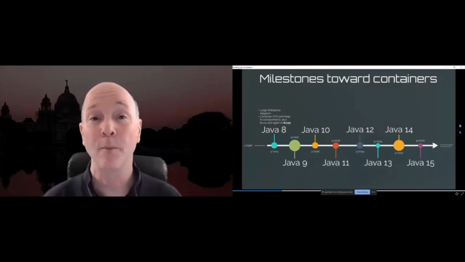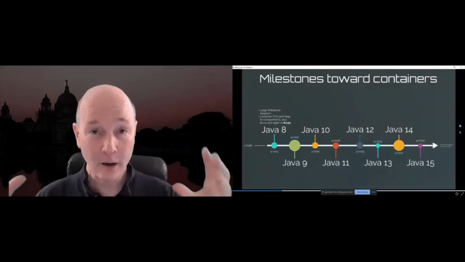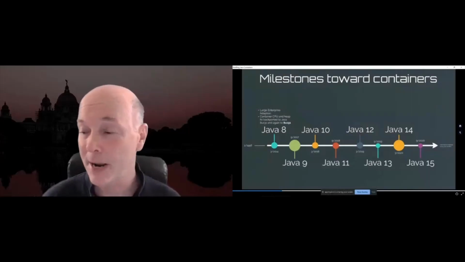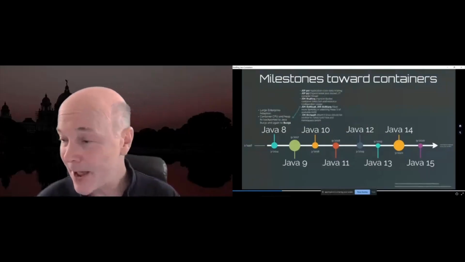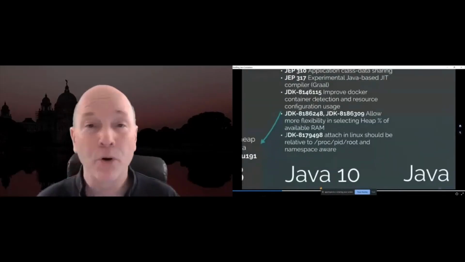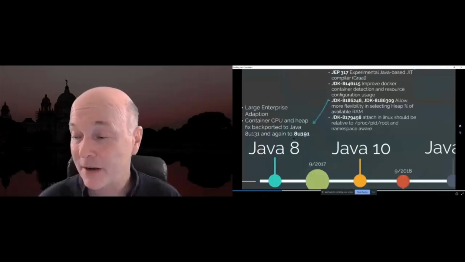thinking that it had more memory than it actually did. And the container boundaries actually put a limit on it. It's like, no, you can't have that memory, and your application would crash. So they recognized this back in Java 10, and they realized it was so important that they backported that patch back to Java